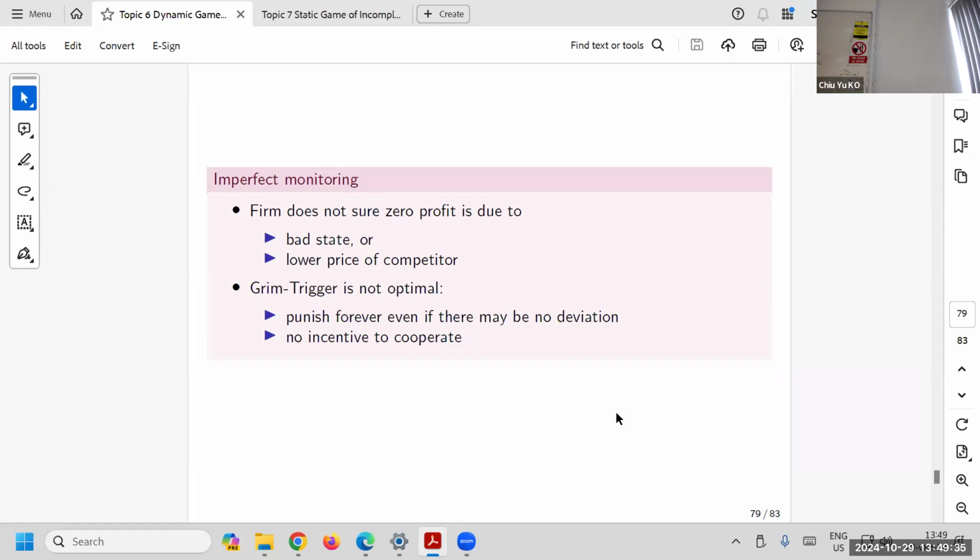competitor. So that's why you cannot do grim trigger. Why? If you do grim trigger, which means that you see 0 profit and you punish, then you punish very quickly, because there's a non-zero probability that you get a bad outcome. If you see a bad outcome, you punish, then they'll never collaborate. Knowing that no one would have incentive to do anything, that means that we cannot do grim trigger. That's a good thing, because once we do grim trigger, the folk theorem is not so easy.